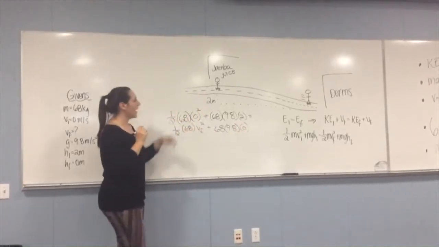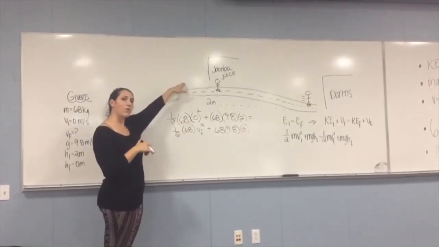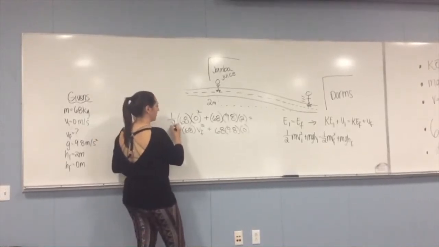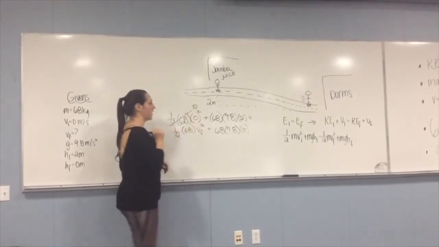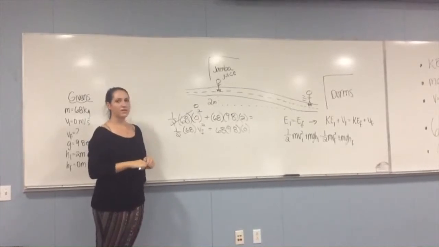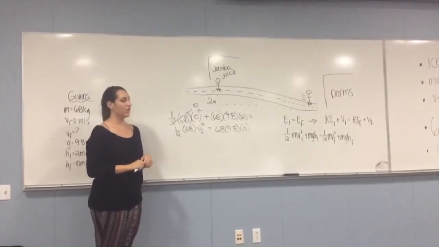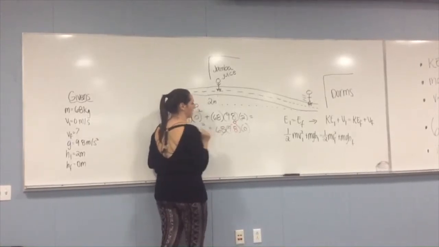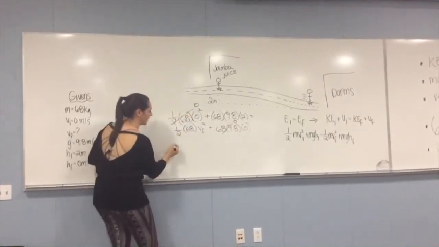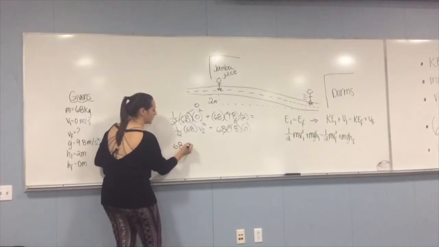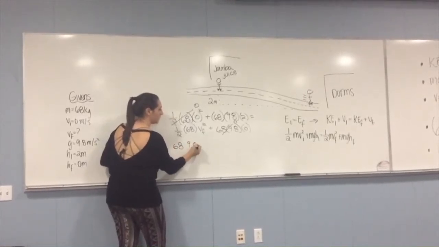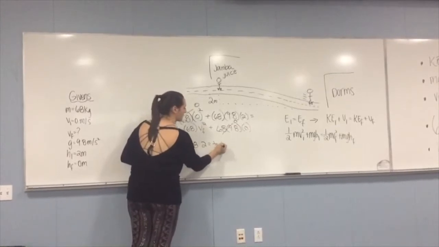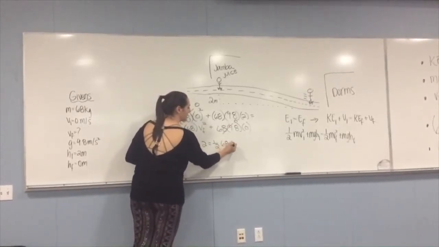As you can see, at the top of the hill, the skateboarder only has potential energy. Therefore, kinetic energy is equal to 0. At the bottom of the hill, the skateboarder only has kinetic energy. Therefore, the potential energy final is also equal to 0. We are left with 68 times 9.8 times 2 is equal to 1/2 the mass of 68 times the final